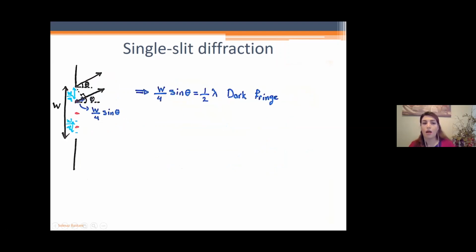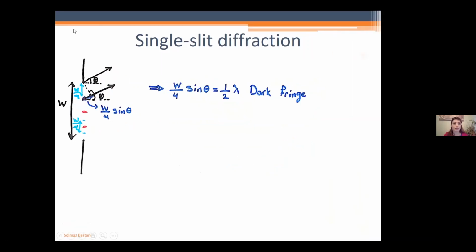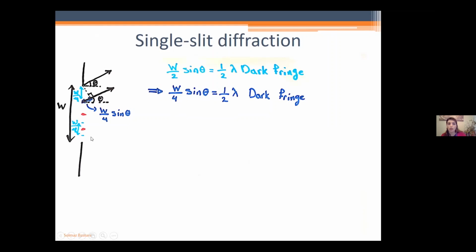and on and on. Now, what if I was to tell you that I have 4 slits? It's not 2 slits anymore, it's 4 slits. So I can just go ahead and put another 2 dots here and make that, or divide that 1 slit into 4 slits. Then I have the wavelength divided by 4 sine theta is equal to half of the wavelength for the dark fringe. And then what if I said it is 8 slits, 16 slits, 32 slits. So I can just divide this single slit here as many times as I want. So if I do that,